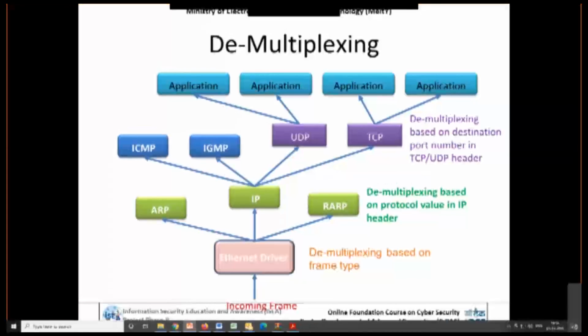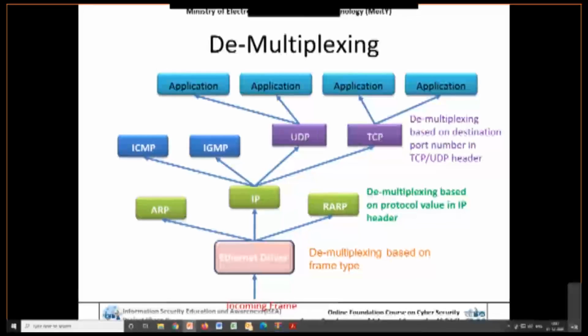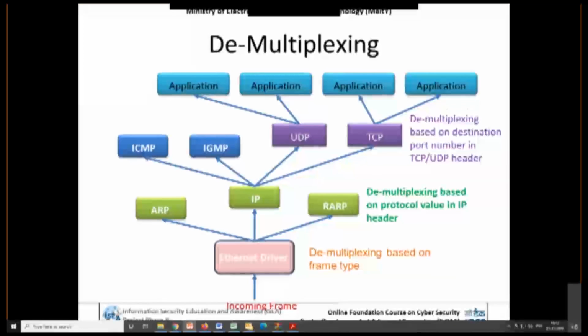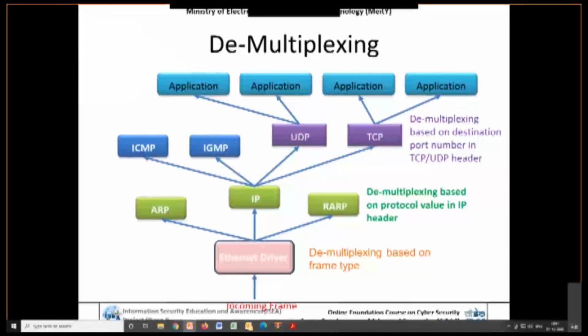So demultiplication, how would it be done? Basically, demultiplication is based on the frame type. Once you receive the bits in the Ethernet driver, whatever is received, the bits are generally called a packet while traveling in the physical layer. Those bits come to your Ethernet driver, and it tells whether it goes to ARP, IP,